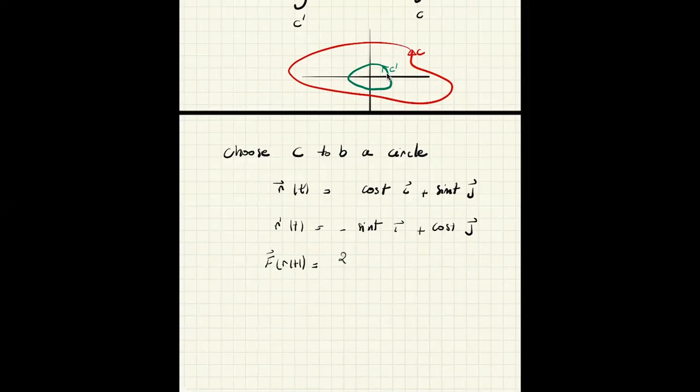It's 2 cos t sine t, divided by cos t squared plus sine t squared, the whole thing squared, i plus sine t squared minus cos t squared,